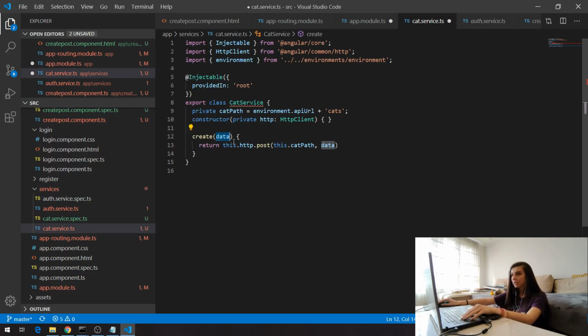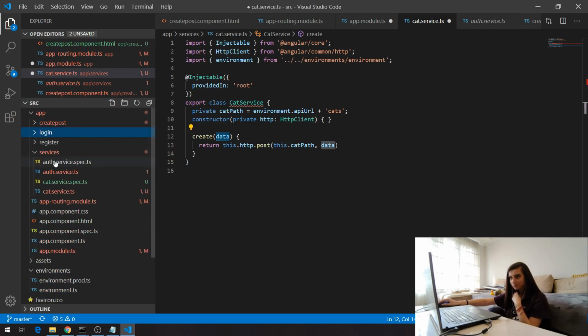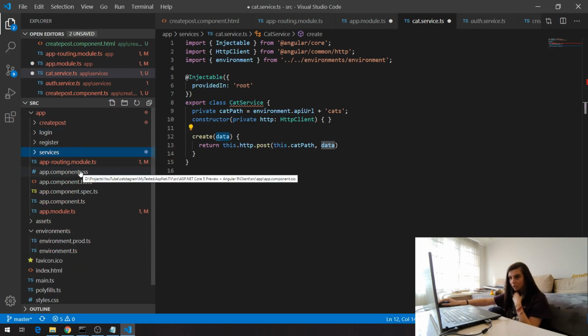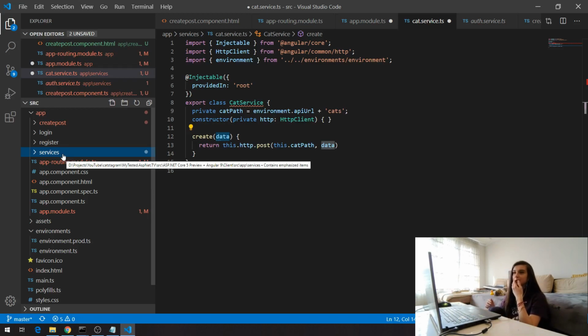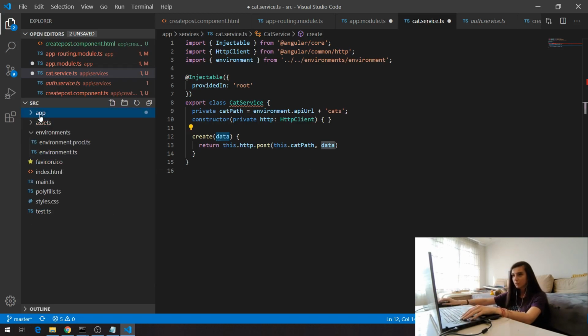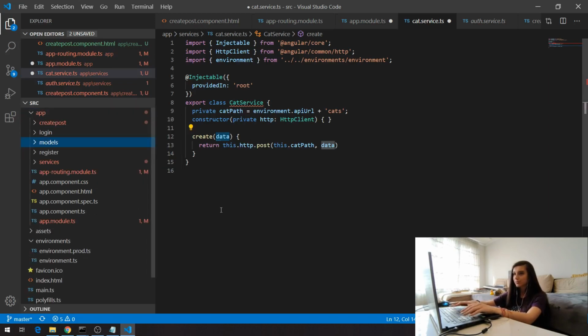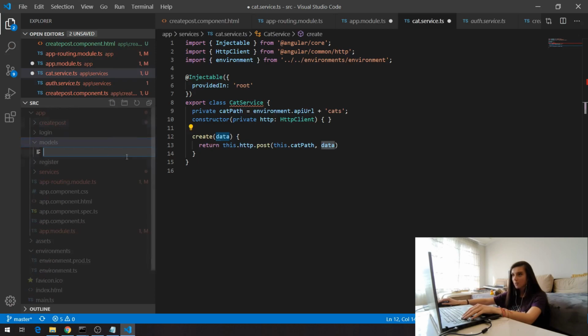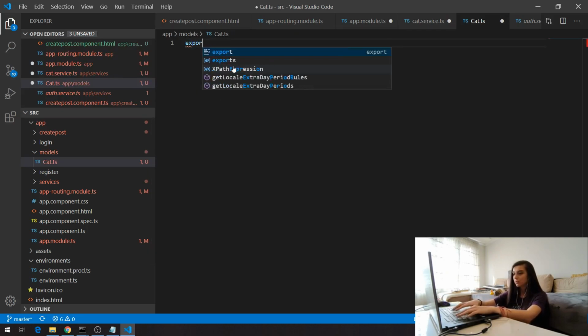Okay, so here I'm going to show you a very cool thing in Angular, which I'm sure you're already familiar with from C#. I'm going to create interfaces for my data in order to have IntelliSense. I'm going to create a new folder which will be models, and in these models I'm going to create my first file, which will be cat.ts. This cat.ts will be an exportable interface,